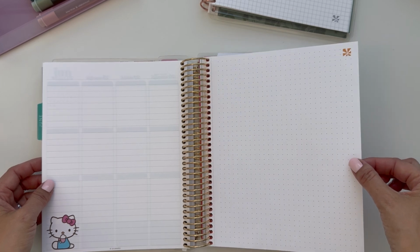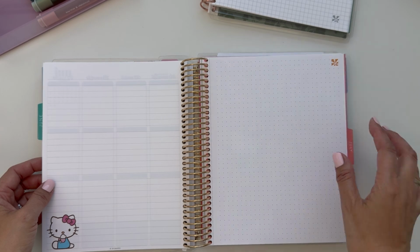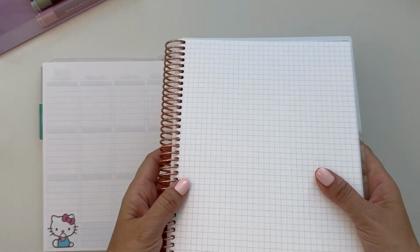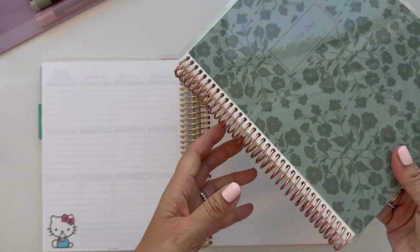Look, I'm pulling it gently and kind of hard too in a way, and it's not coming out. So it's been pretty good. I love having this. I love being able to get not just dot grid, but also graph paper. But that's just my tip to you. It's a great way to